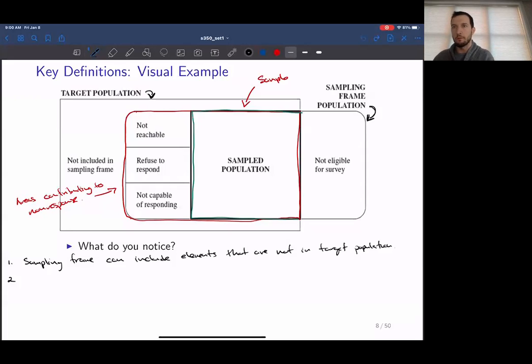We were talking about some of the components within this diagram and starting to realize what can go wrong with our sampling protocols after we have identified the target population and we have set up our sampling frame. Now, as a reminder, the target population is effectively just the collection of all elements or observations that we want to make a statement about. The sampling frame is